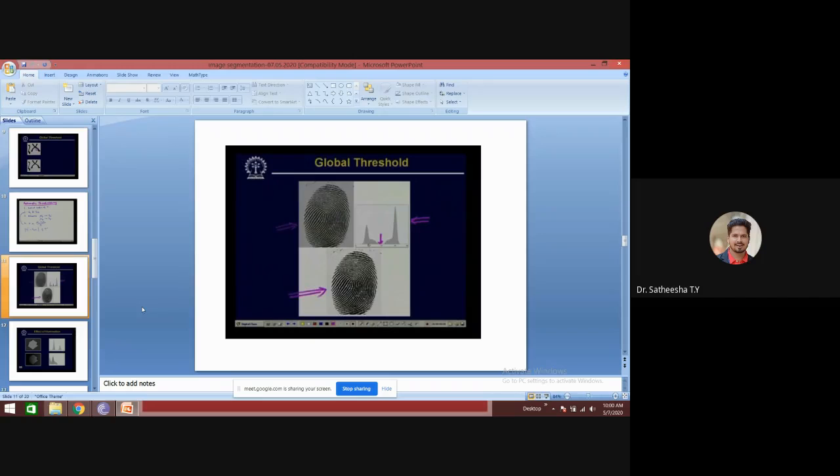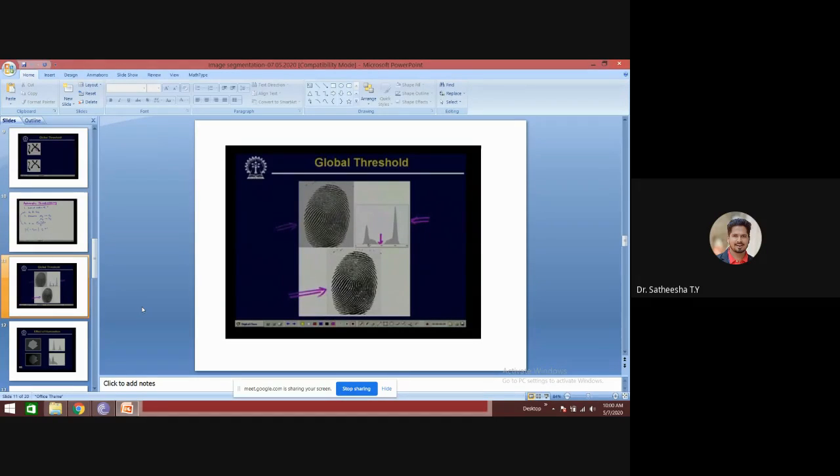Obviously in this histogram I could also choose a threshold, but this thresholded output has not been obtained by choosing the threshold from the histogram. It is obtained by an automatic threshold selection process, done iteratively. The kind of thresholding operation that we have done in this case is called a global thresholding operation.